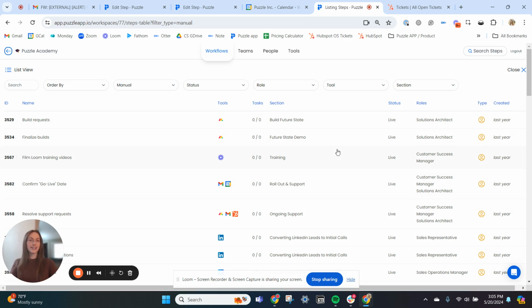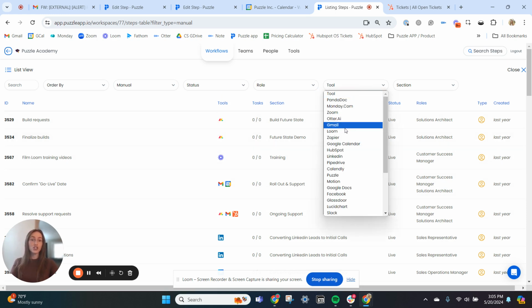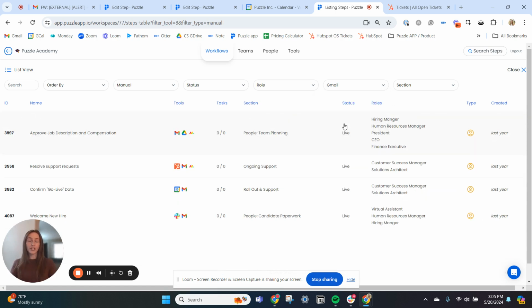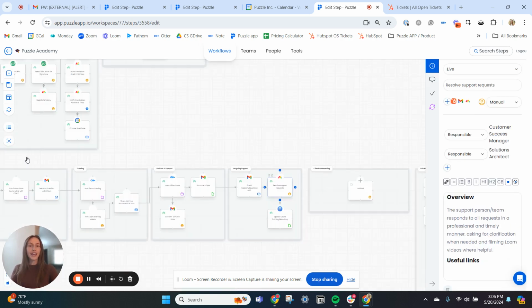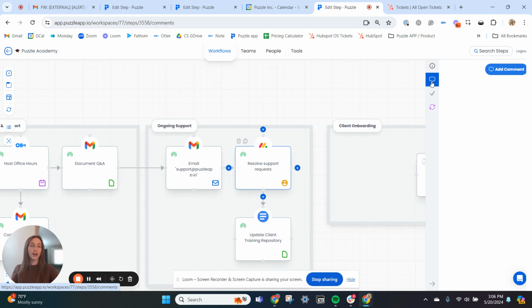Let's say I want to take it a step further and look at all of the manual steps that use Gmail, for example. There may be opportunity where we can automate some of these emails. So now I'm able to filter by criteria, whether by role or tool or status, get insight into where I could potentially improve. Then looking at this list, I can hop right back to the step in the workflow section